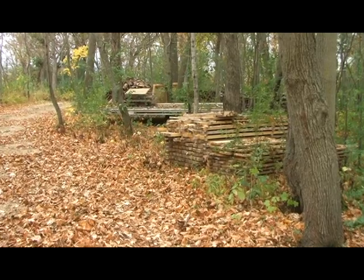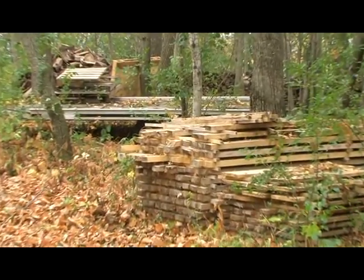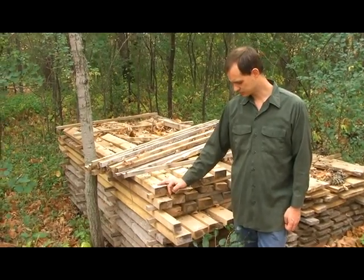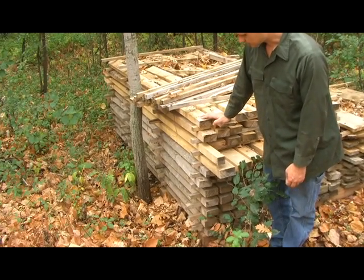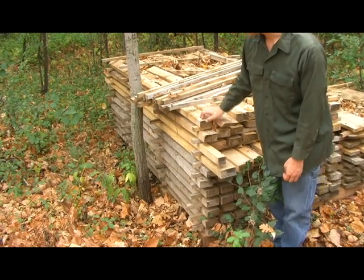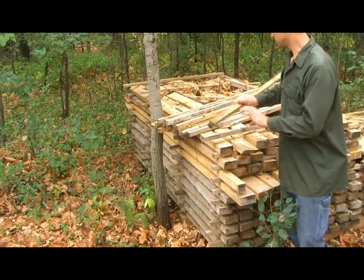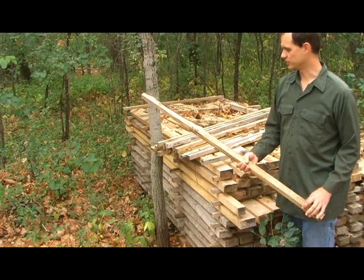I see you've got them stacked in a certain way. Can you tell us a little bit about the stacking and what is the terminology for that technique? I see you have little skinny boards in between. These are called stickers. Basically these are just scraps off of a board that was cut,